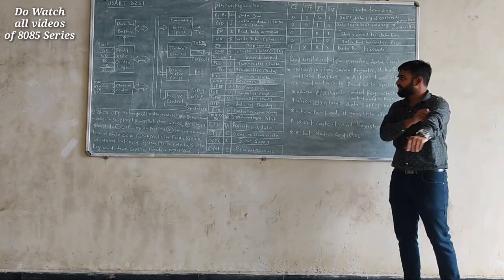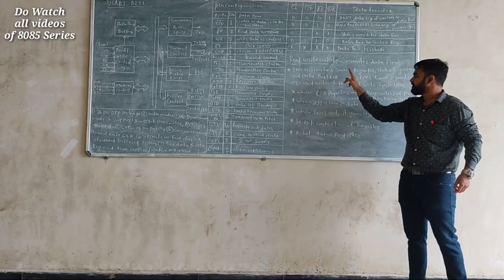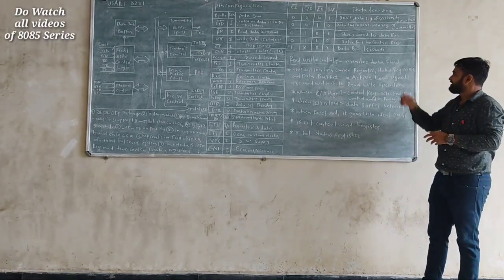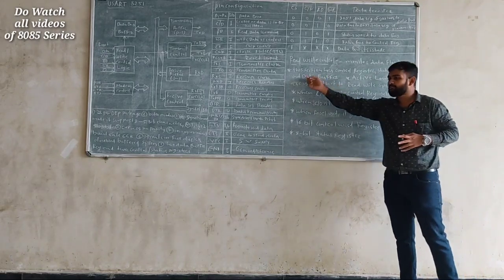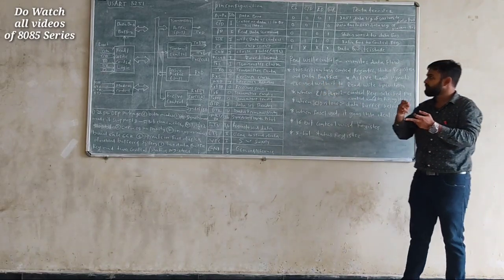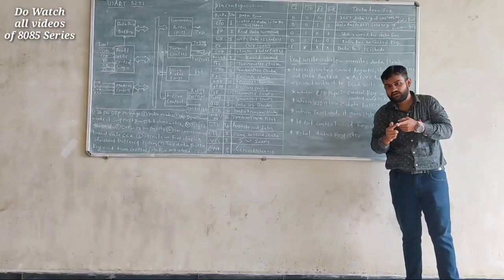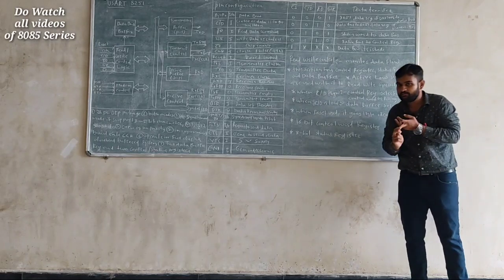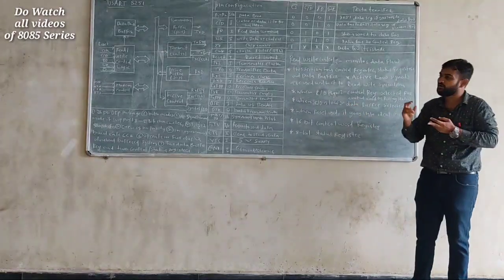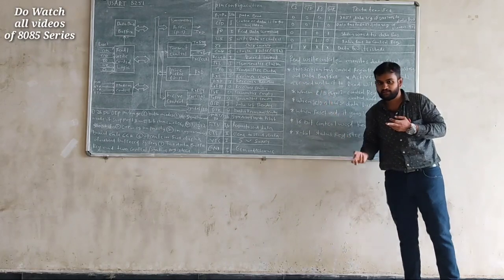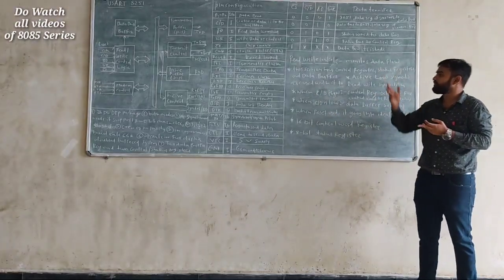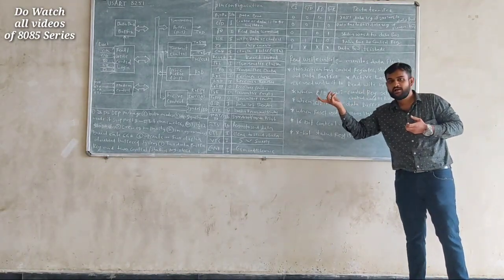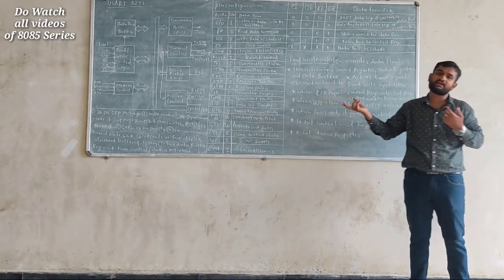First point: this section consists of a control register, a status register and a data buffer. The data buffer is to hold the data. The status register is responsible for setting the status, taking the status, and changing the values of the status pins. The control register is responsible for controlling the execution, when we have to transmit the data by using a transmitter and when we have to receive the data.